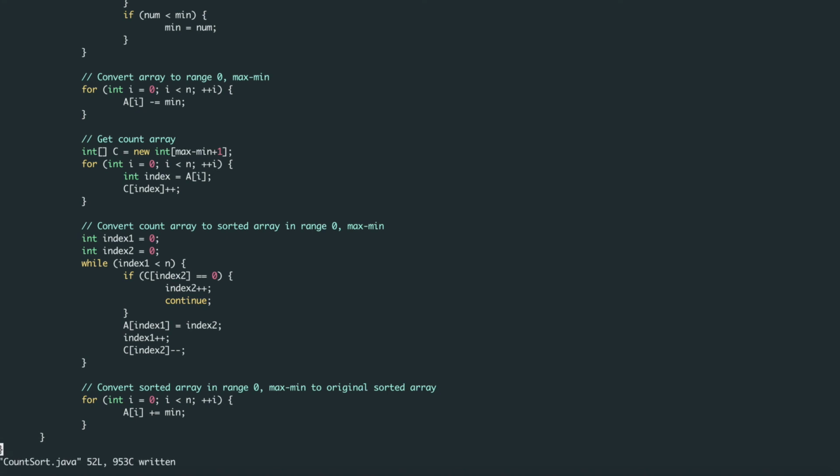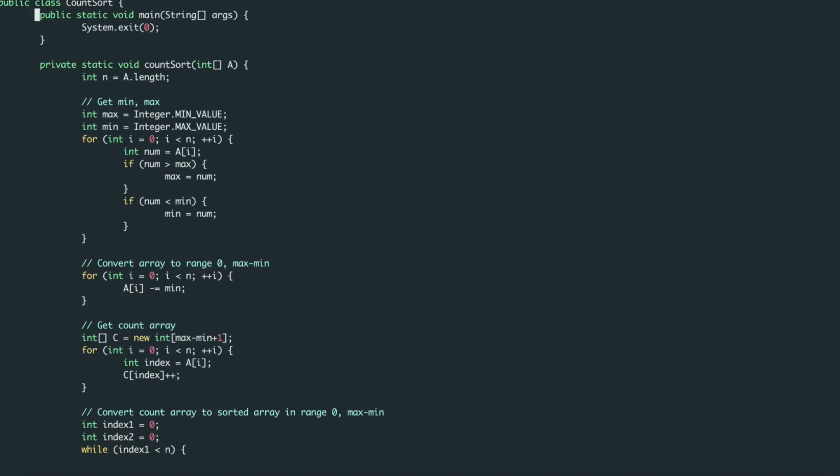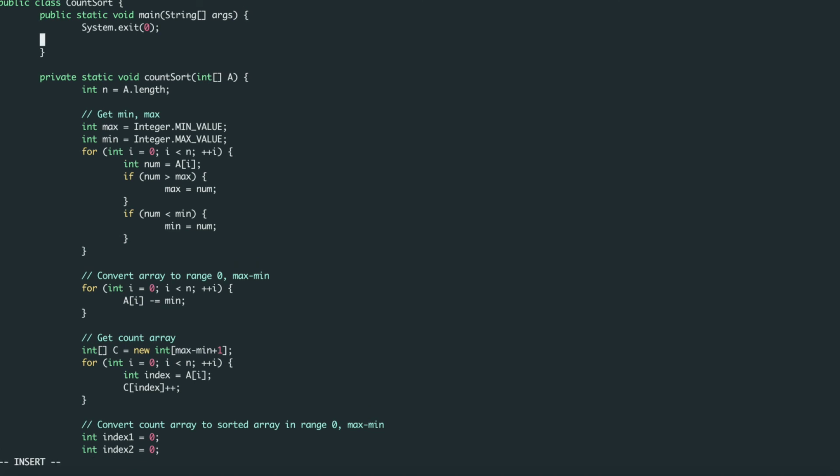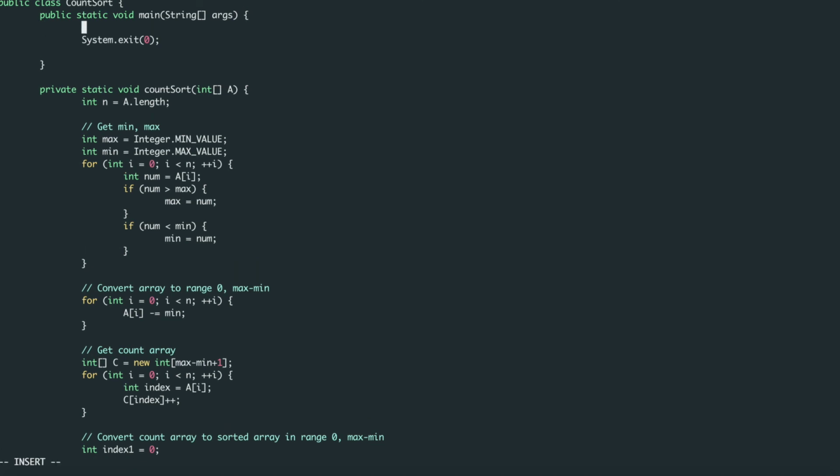So let us test it with one use case. Integer array A equal to, let us take a use case similar to what we took before: -3, 0, 2, 3, 1, -1, 4.